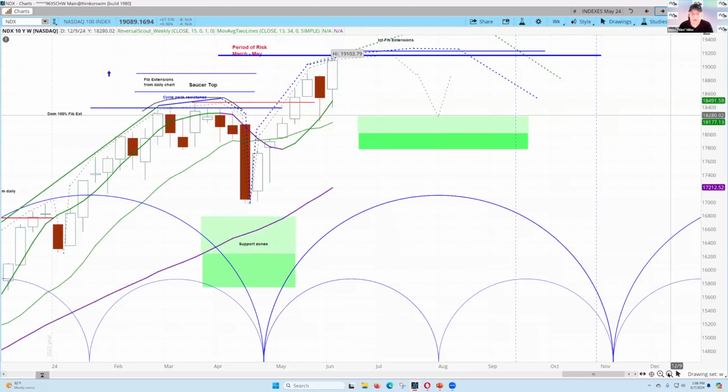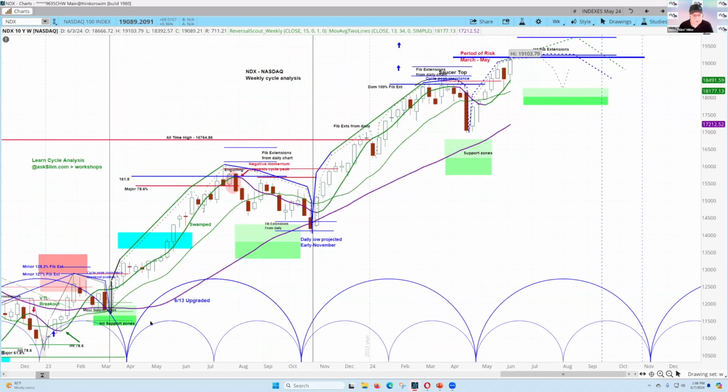Here's your NASDAQ pattern right in here, and you could see these positive cycles, bullish cycle, higher highs, higher troughs or lows, making the low a little bit late here, making the low a little bit early here, all of those very much in line. The 34-week moving average often gets tested. It didn't quite get to it over here, as it didn't quite get to supports. And that's probably going to get tested way out over here somewhere.